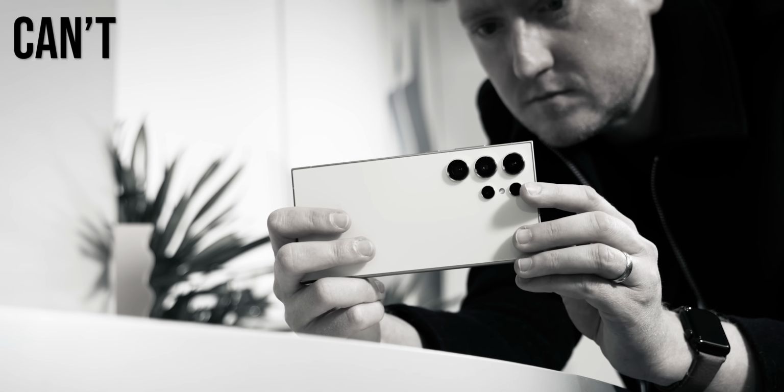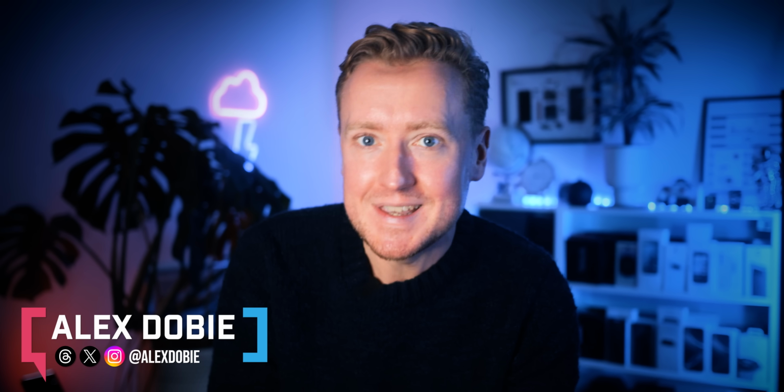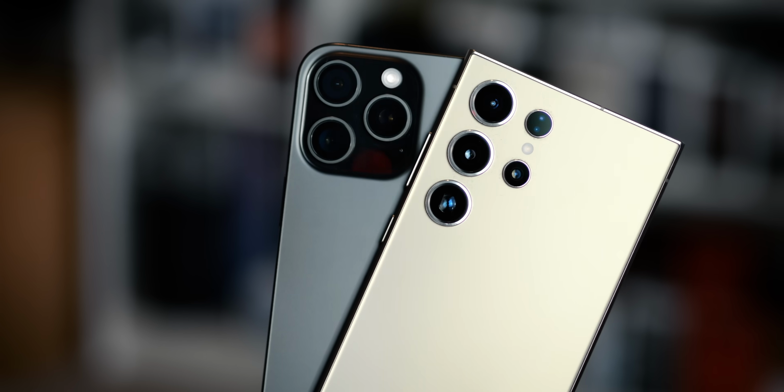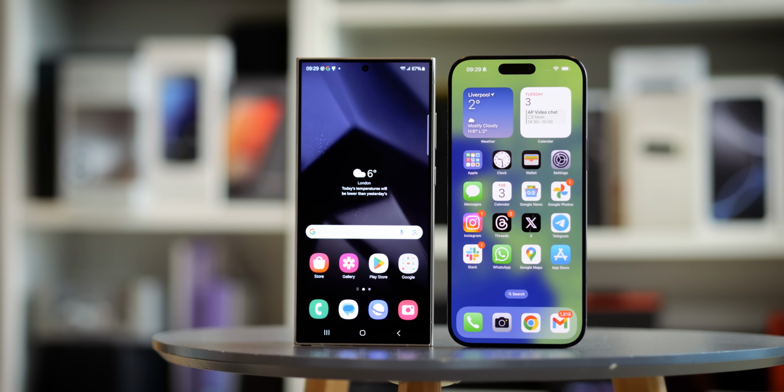People say Samsung can't compete. Its phones are boring. The company is coasting. So how can it be that its flagship phone is still more interesting than the equivalent iPhone? Yes, it's time once again to revisit that classic smartphone grudge match with the iPhone 16 Pro Max and Galaxy